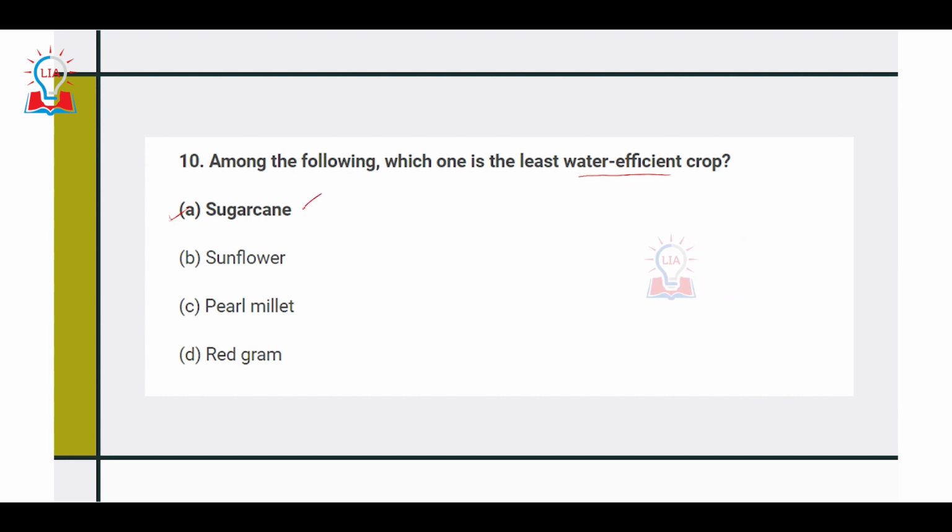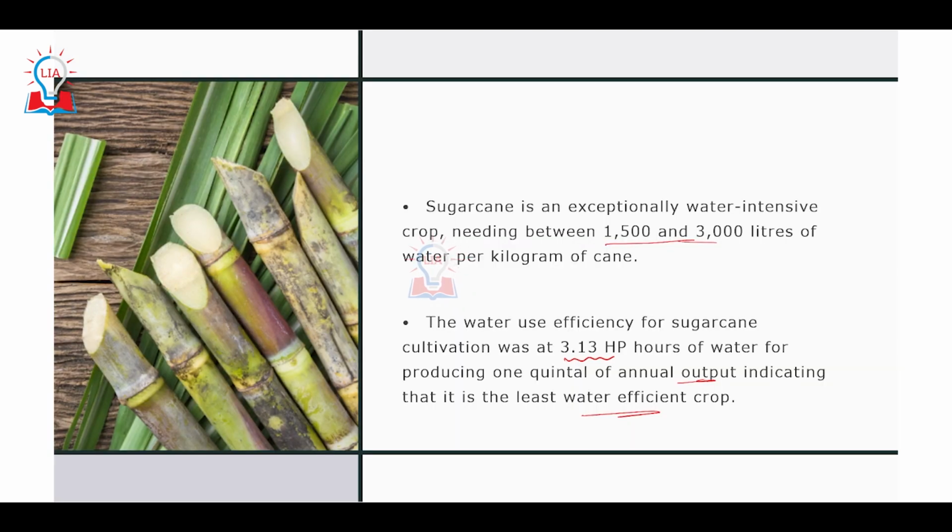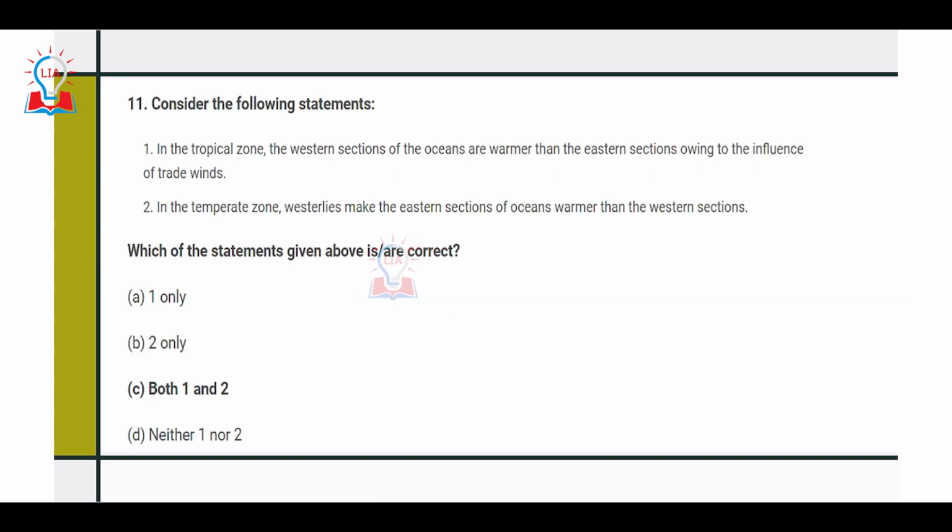So that is why sugarcane is largely grown either in the northern states such as UP and Bihar, where you have a large number of Gangetic Himalayan rivers, or in the state of Maharashtra, where we have extensive development of the irrigation infrastructure. Then coming to the next question, that is related to ocean currents, where the question is asked that